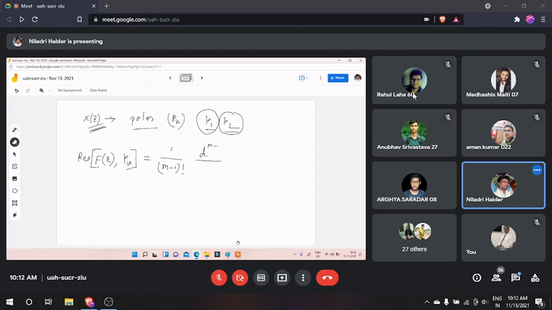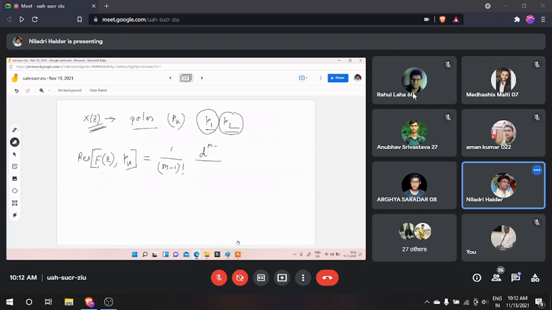Suppose 1 by z minus 1 means the pole is equal to 1 and the power of the pole is 1. If the power of the pole is 2, then the value m is 2. If the power of the pole is 3, the value m is 3. Like that. So simply m defines the power of the pole. Now using that formula, you have to calculate the residues for each and every pole. If you have 3 poles P1, P2, P3, the residue of F(z) for P1 will have a value, the residue of F(z) for P2 will have a value, and likewise for P3. So after getting all the residue values, the addition of all the residue values will be your result. Okay, so that is the process.